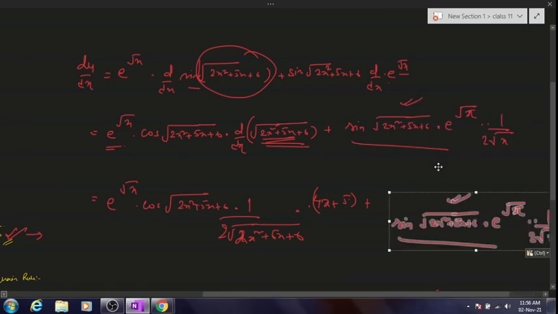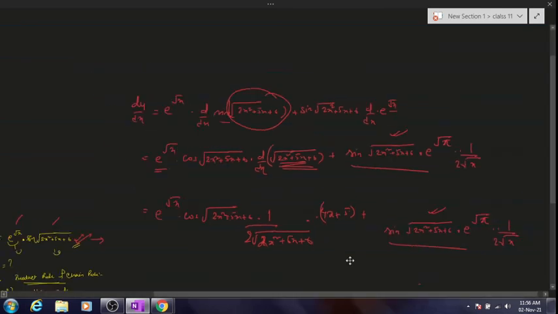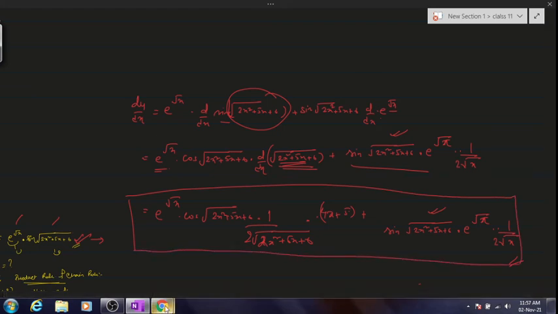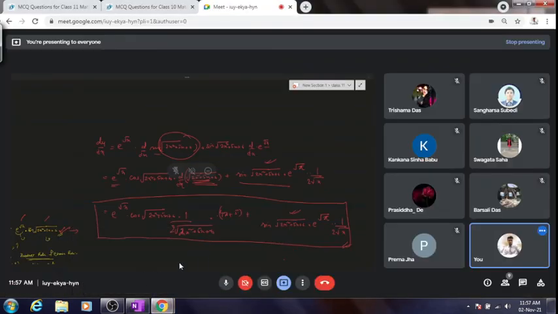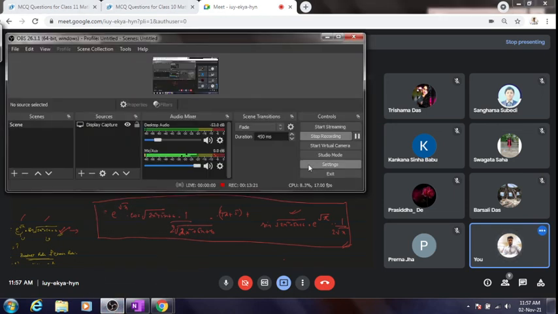Is it clear? So this entire quantity is your answer. Now tell me how many have got this answer. This entire term happens to be the answer for the question that I have given. And I can fairly see that you people are not at all fluent with differentiation. Okay? Now everyone tell me, did you all understand the differentiation for